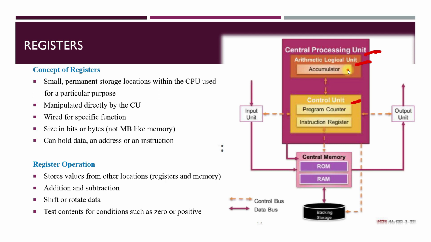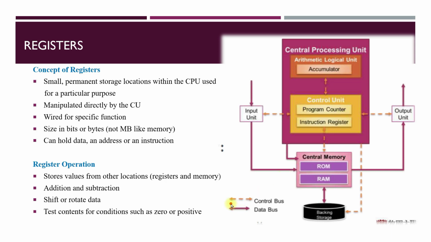Okay, the accumulator is a small memory where we will be able to store some amount of data, and we have the input unit and the output unit. From the input unit, it will be getting which instruction is to be carried out, that will be taken up by the processor, and the processor will process the data and provide some output, and this output will be given to the output unit. And if you want to store some data, it will be stored in the central memory, which can be RAM or ROM. RAM is the random access memory, and ROM is the read only memory.